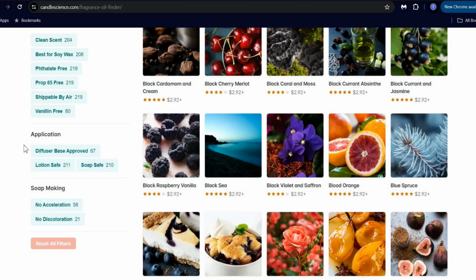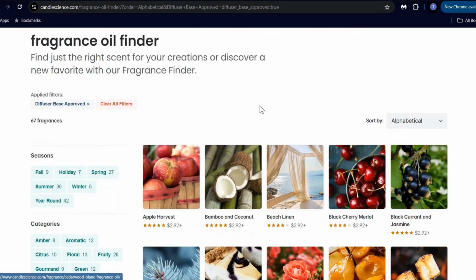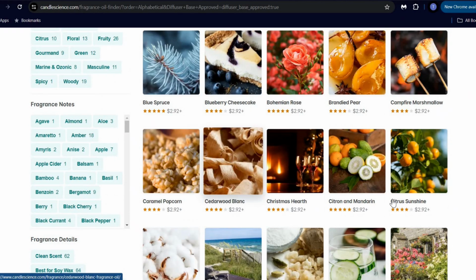But I am going to click on the diffuser base approved, and it looks like they have 67 different scents that are compatible with making a reed diffuser. And then we're just going to head up to the top because for some reason the page doesn't scroll up or doesn't start at the top of the page. So once here, they have a nice apple harvest. They have a couple of scents here that I wouldn't mind trying, especially this black currant and jasmine one. Trying to see if there's any that I already have